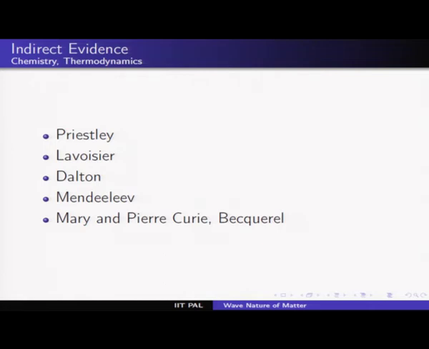And moreover, at the end of the 19th century, there were these great experiments started with Becquerel and then continued by Marie and Pierre Curie. They were a husband and wife couple, and they found that there was something called radioactivity going on, because of which the well-known alpha rays, beta rays, gamma rays were observed. But for whatever reason, in your course you are going to study radioactivity not before atomic models but later, when you do nuclear physics. So all these gave credence to the idea that there is a fundamental entity called an atom simply because of the elements. That is the most important thing.